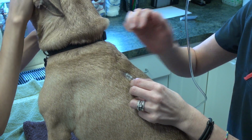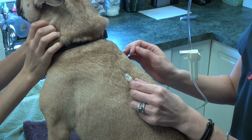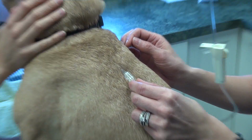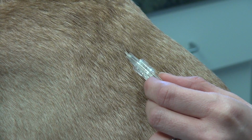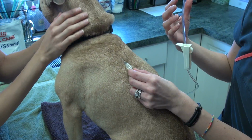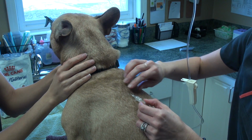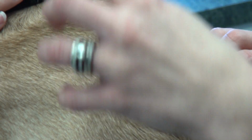So we're just going to kind of hold that in there, and we're going to make sure that those fluids are flowing. Now, if the fluids aren't flowing, you can kind of move the needle around just slight angles and redirect it to know that it's flowing in. You should get a really good flow. Again, you need to have your fluids up very high, because you get a faster flow rate. And just move it around and make sure that they're flowing. And then you'll see once they do start flowing pretty well that this will start to fill up